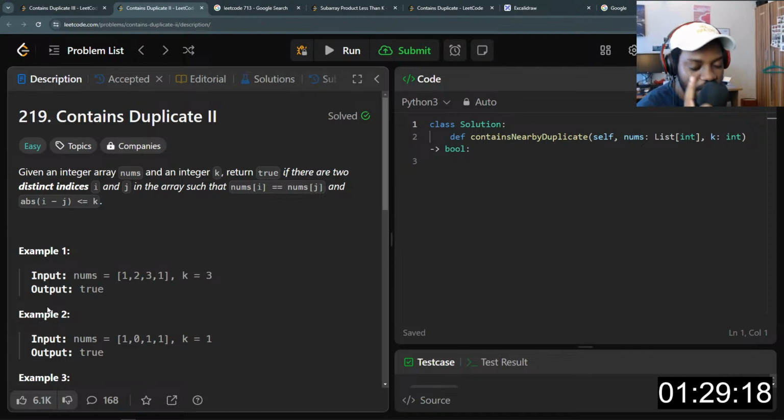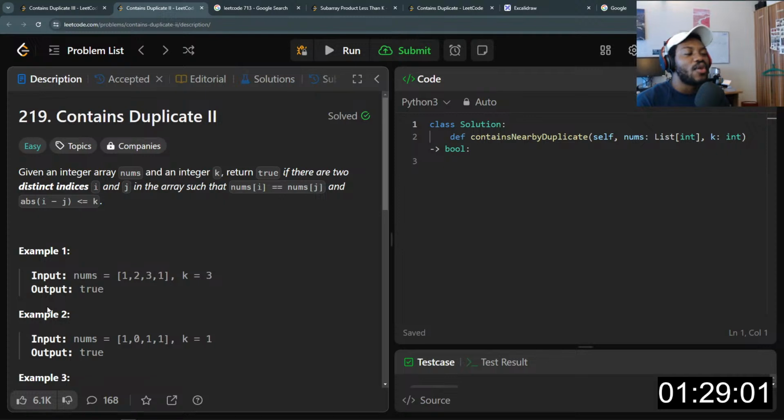And also the absolute value of their difference, that is i minus j, is less or equal to k. Now, k is a constant that will be given to us, but we'll have to find out. So, what do we do in this case?